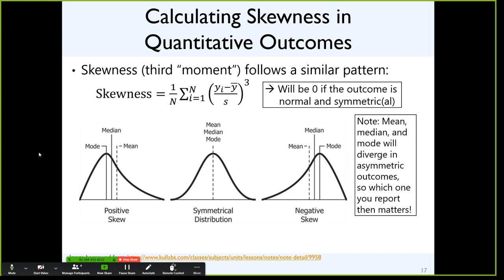If you have a distribution that's truly symmetric or symmetrical, that sounds weird to me, but I took this from the book, and he says symmetrical, so be it. These 3 things are right on top of each other, and then the opposite pattern happens in case of negative skew. So when your data aren't symmetric, that's when what you report matters. There's nothing that stops you from reporting more than one thing, but most of what we do in statistics is built on trying to recapture a mean rather than either of the other 2. So that shows up most often in terms of inference, even though you have these options for descriptive statistics.